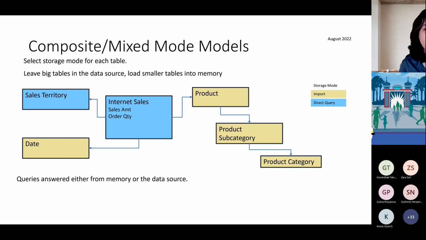But the product tables and the date table, I can put them into import because they don't change between refresh windows. And the benefit of that is that if someone clicks on a dropdown, if you have a filter in Power BI, at least that one will return super fast. But for sales and territory, it's okay to wait a few seconds, right? So this is great. Depending on the queries that are submitted to the model, Power BI knows where to go, either in memory or in the backend. This is a good setup.